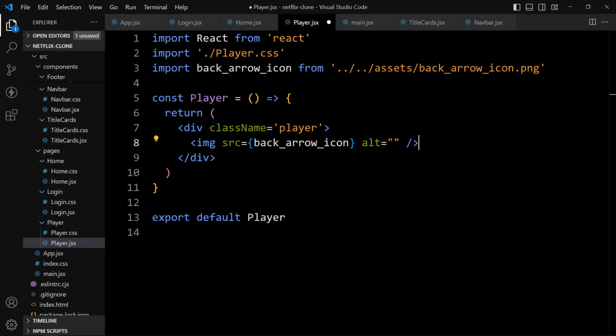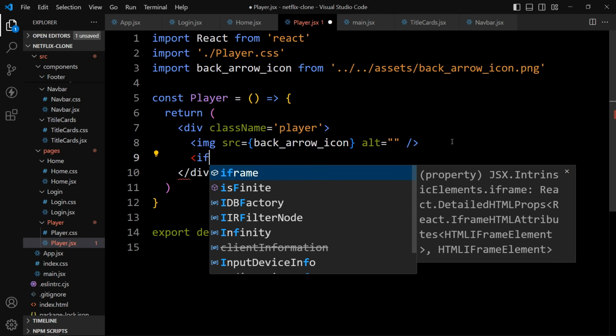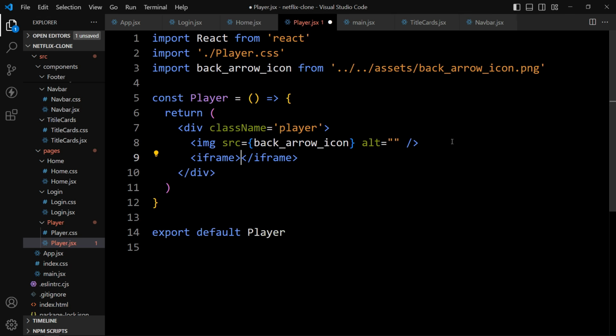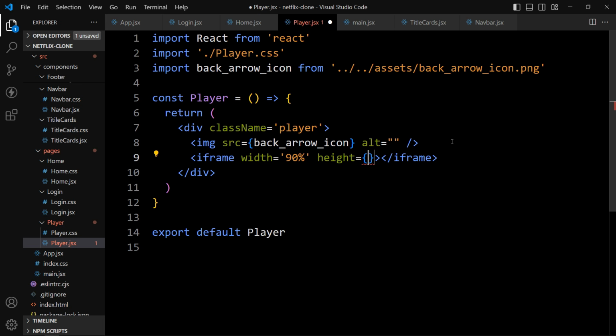So after this icon, we will add one iframe where we will display the video. So just add iframe, and here let's add some properties like width. We will provide the width 90%. Then we will add the height. So the height will be 90%.